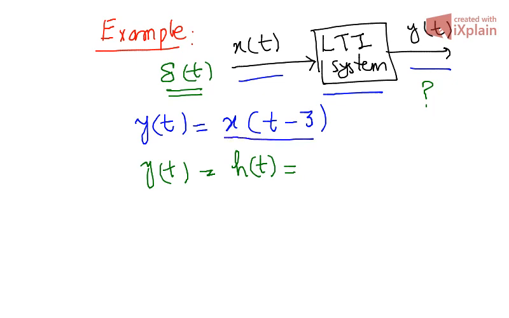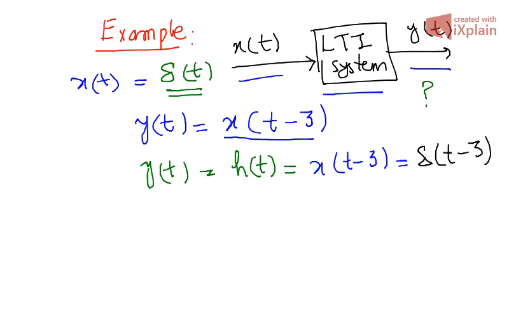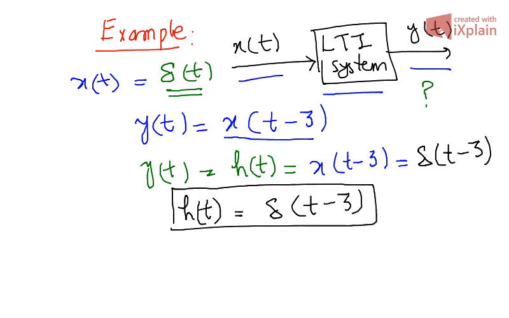Now our x of t is delta of t. So x of t minus 3 is basically delta of t minus 3. So we can see that our impulse response is basically delta of t minus 3 for this LTI system. This is how we can find out the impulse response of an LTI system. Now suppose we have an input which is